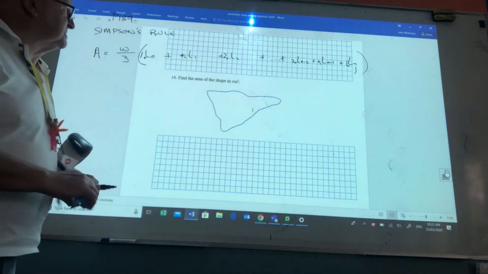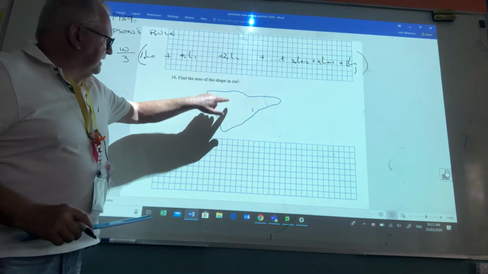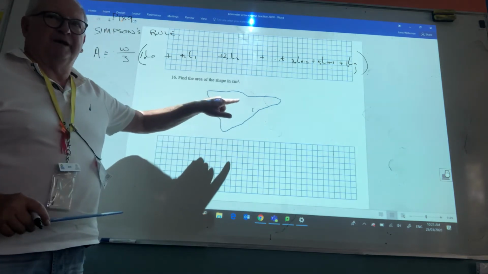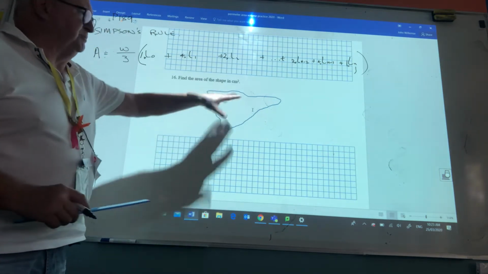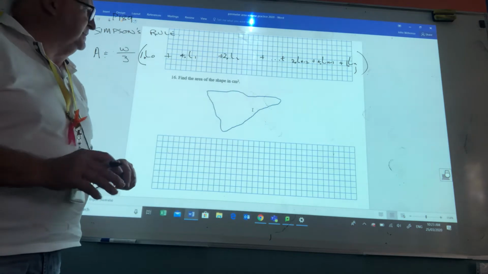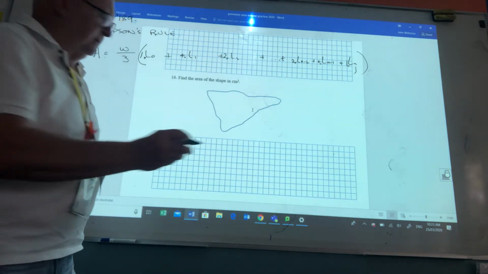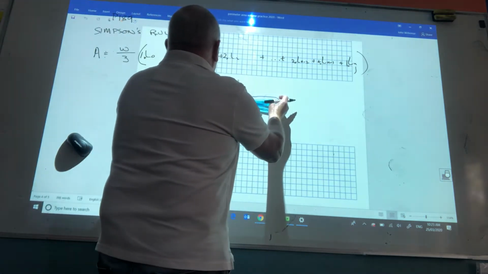Okay, in the test, I ask you to estimate that area in two different ways. One of them is just to map the triangle along as we saw before. The other one is to apply Simpson's rule. Now, if I put a straight line across here,